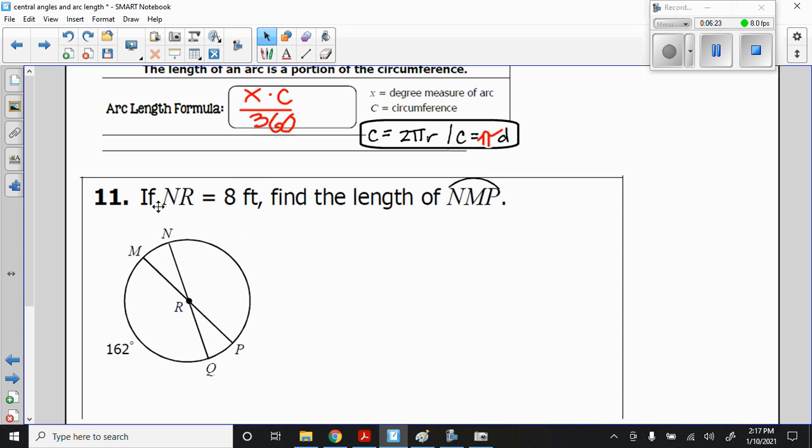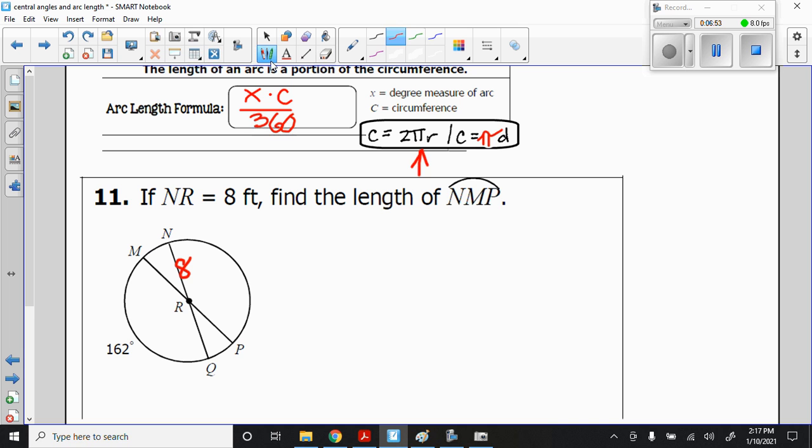It says NR is 8. Okay, so NR is again a radius. So I am going to go with my first circumference formula because that's the one that has a radius. So NR is 8. All right, I need that information. Find the length of